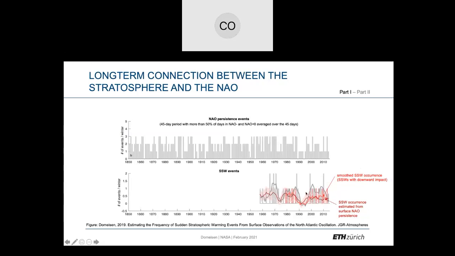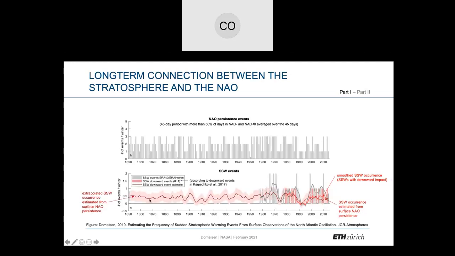You can see basically there was nothing in the 1990s. This is a kind of well-known sudden warming drought. And the dark red line here is the estimate just based on the actual NAO persistent events. And since these two lines are reasonably well correlated, basically we just extended this estimate all the way back,